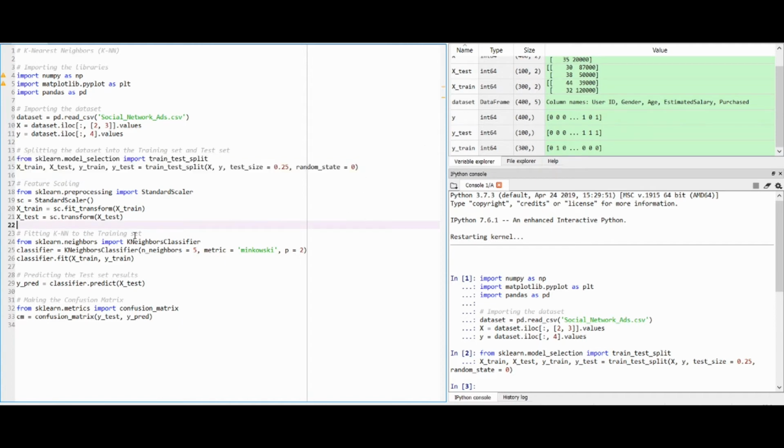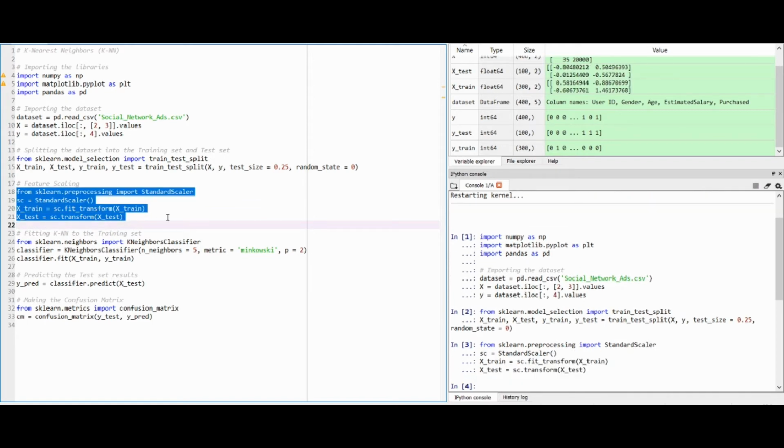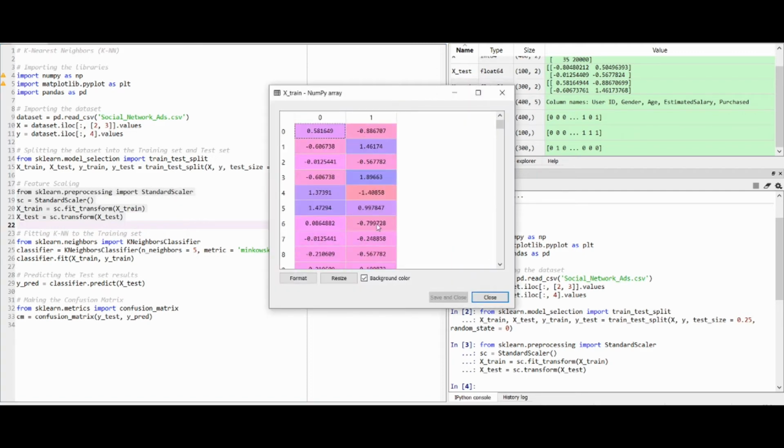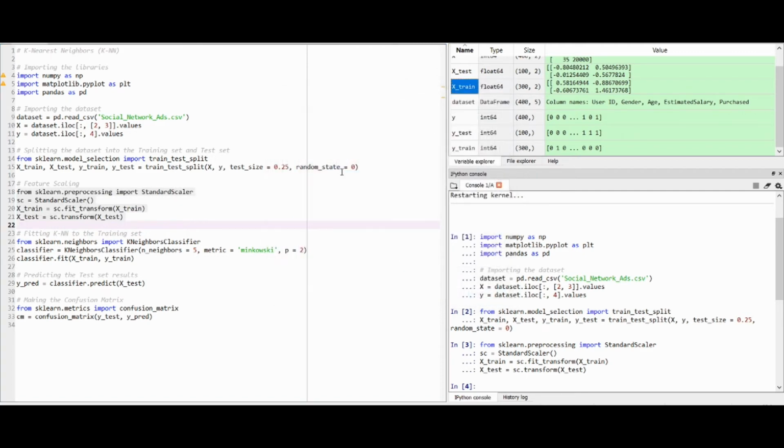After that we are going to apply feature scaling, because in classification the libraries we are using to train our model do not implicitly apply feature scaling, so we have to apply it explicitly. That's why we are applying feature scaling on our X train and X test. The feature scaling is applied, and now you can see salary and age are in the same range.